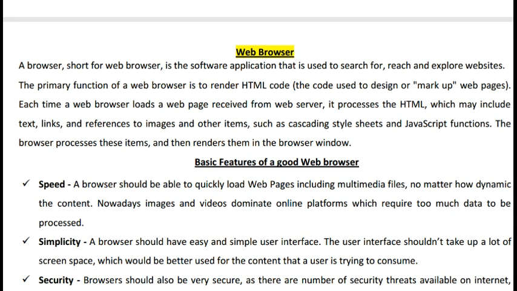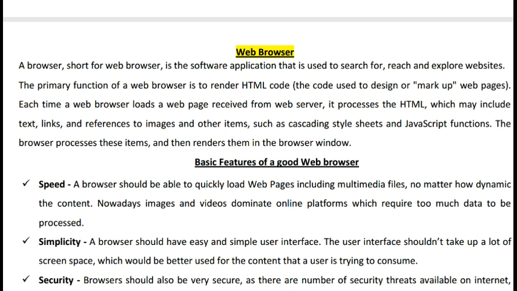We can access any kind of data, audio, video, textual, but we require a particular website name. On the internet there are so many types of websites available, and we can't remember all the website names. So we can use google.com, yahoo.com, altavista.com, lycos.com.